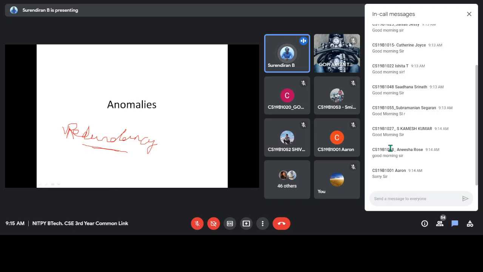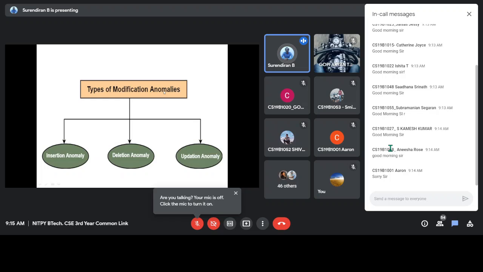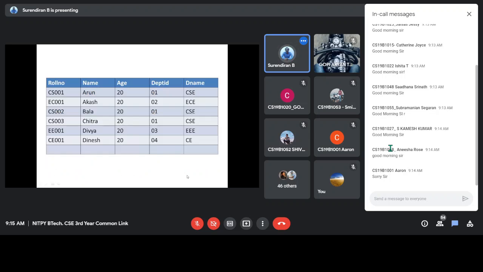Okay, so let us see the example. There are three types of anomalies: insertion anomaly, deletion anomaly, and updation anomaly.